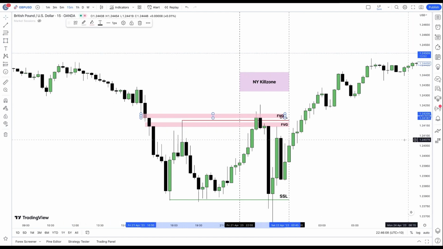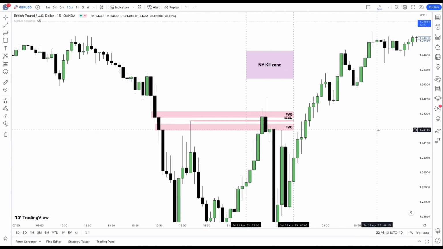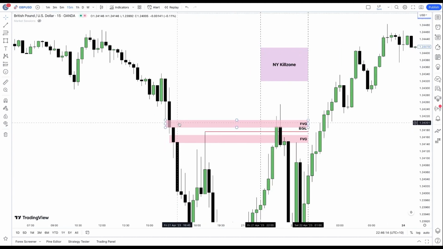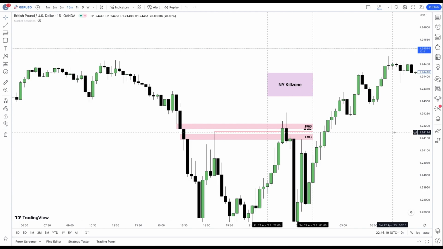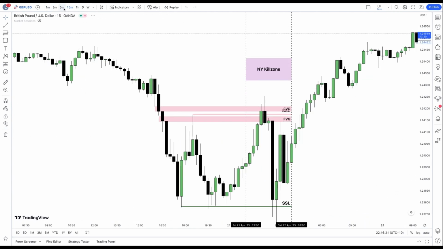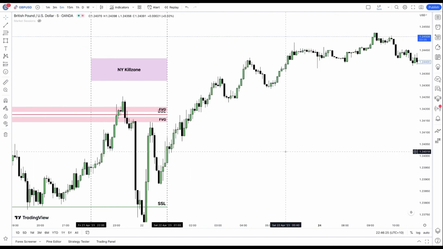Just going to bring it a little bit straighter so that you guys can see. So there's a gap here and a gap here, and there's buy side liquidity. So if I was to dive into the 5-minute time frame, it becomes a little bit clearer